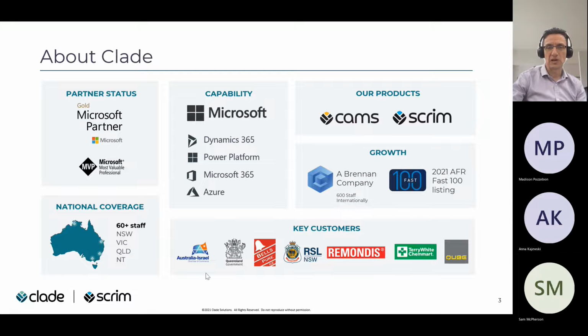Just a quick scan of this particular slide. In 2021, last year, we were a part of the AFR Financial Review Fast 100. I think we're 52. And in that time, we were acquired by a company called Brendan IT that you've probably never heard of. But they're one of the biggest managed service providers in the cloud for Microsoft products, which is pretty cool because with our offerings, SCRIM is, we'll call that an application if you like, but outside of that, if you're needing things like SharePoint or Modern Workplace, all those sort of things,